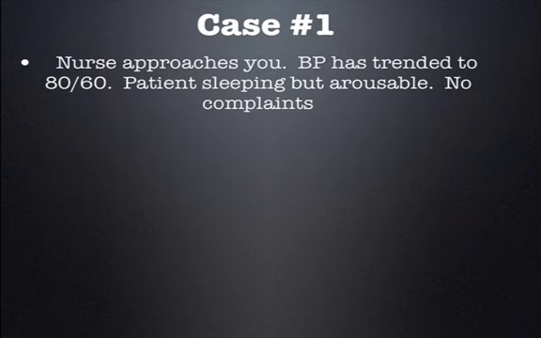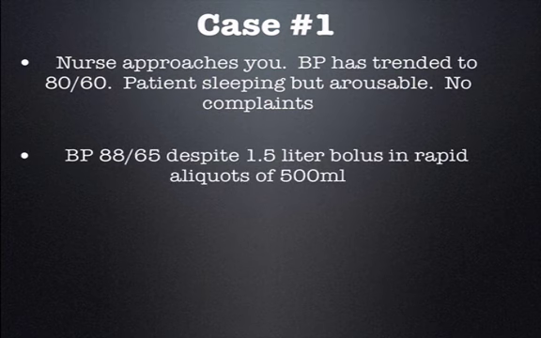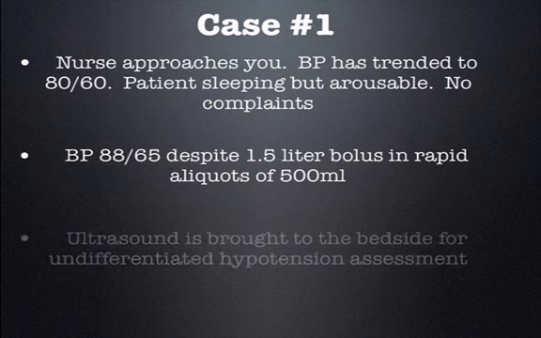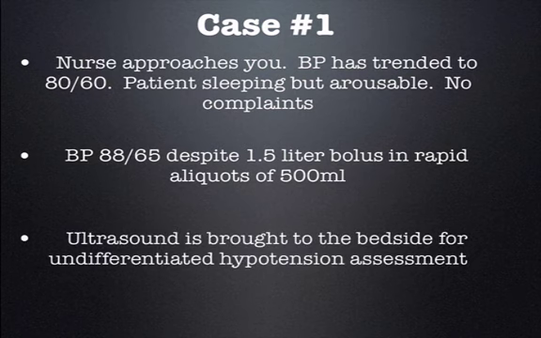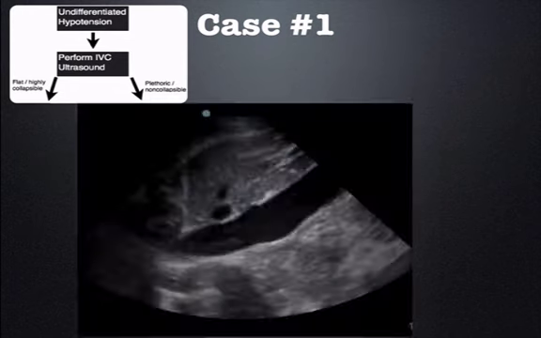Now, the nurse approaches you with a blood pressure that has trended to 80/60. The patient is sleeping but arousable and has no complaints. BP is 88/65 despite a 1.5 liter bolus and rapid aliquots of 500 mLs. So obviously at this point we have a blood pressure that's not really responsive to the fluid boluses that were given. So we call ultrasound to the bedside, and we're going to start off with undifferentiated hypotension scan,